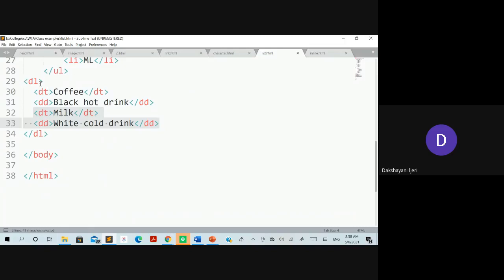Similarly for the definition list you require the DL, and to add the items you require one set here, right? So do remember, with the UL and the OL you only use LI for adding the items, but in DL you require one set of DT and DD to add the items. Is it clear to you?